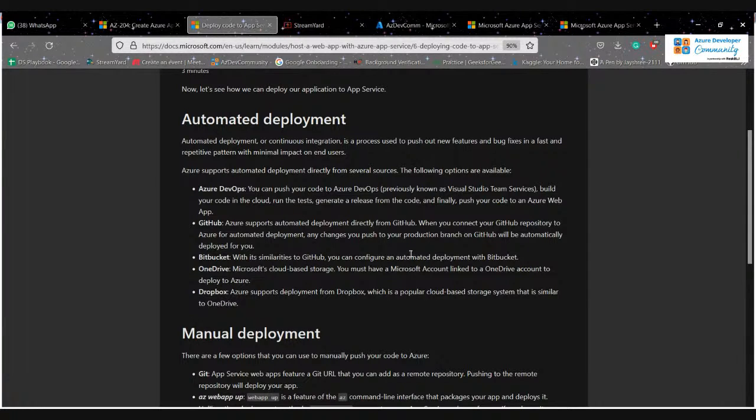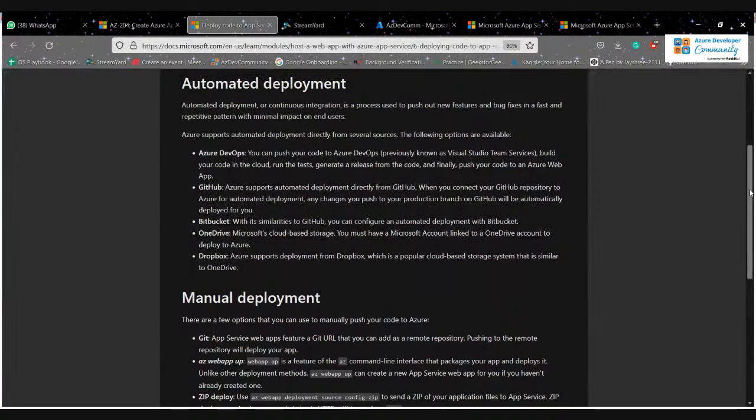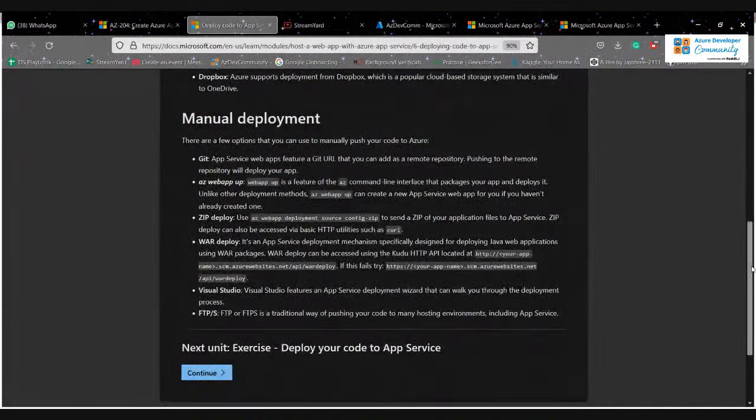GitHub is a good option, and most students, teachers, and everyone use GitHub. GitHub is also available here because it is a service provided by Microsoft, so it's just linked from it. And if you want to go with manual deployment, using FTP or directly from Visual Studio Code, those are the options you have. We have Visual Studio Code and FTP, but we have some more options. We have Git, over our